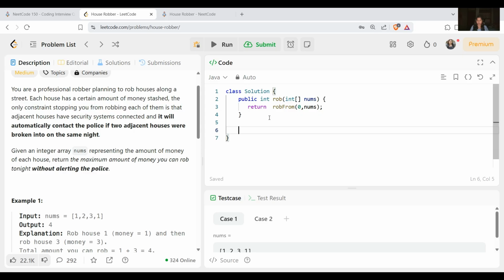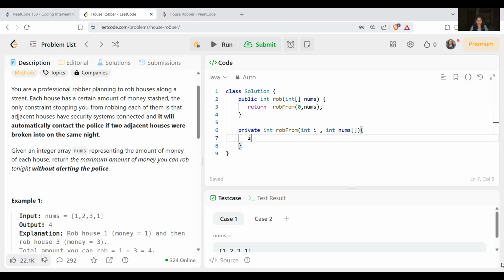Let me write it: private int rob with the starting point i and our array, named nums.